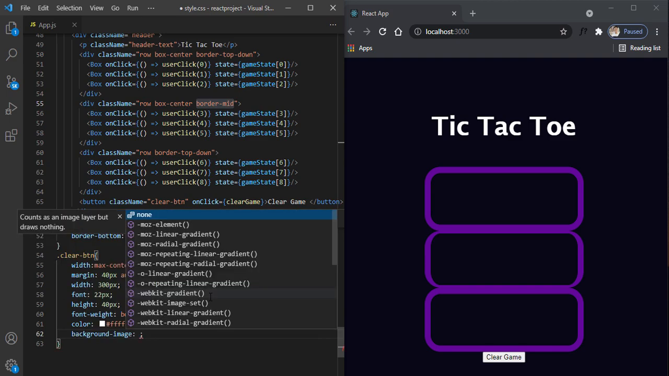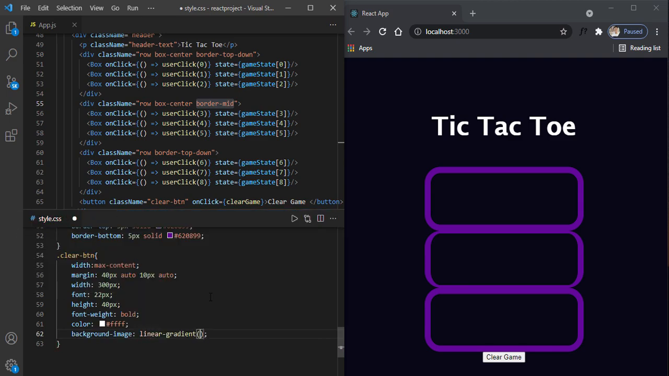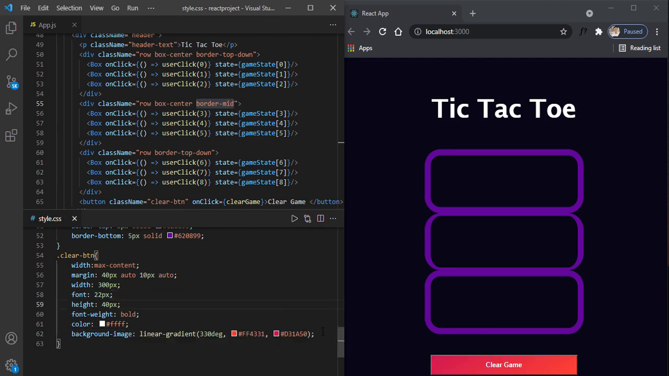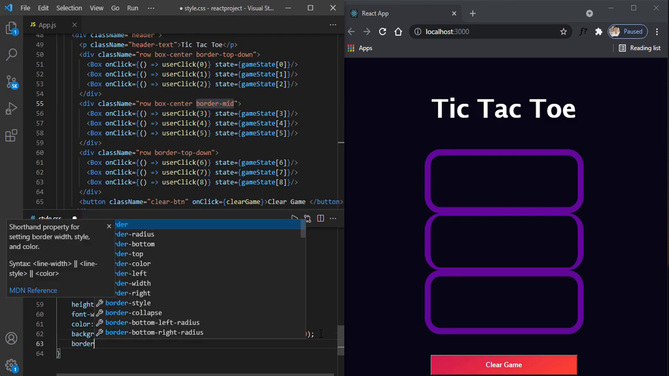So background image, that is linear gradient 45 degree. Okay, it's a 330 degree, DEG, and comma, and write the color code FF4331, and for one more, hashtag D31A50. It's pressed now. Border none,